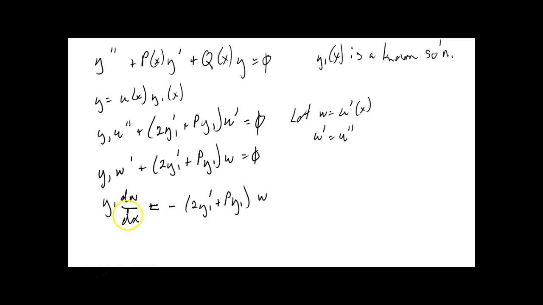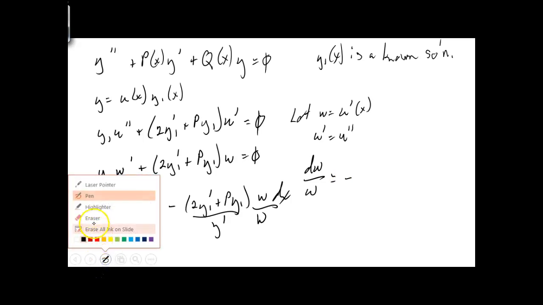So what we're going to do here is write this in differential form, moving our dx over here, and divide by w here, and also divide by y1 here, and divide by w here. So what we have now is dw over w, where we've separated the w's on the left hand side, is equal to a minus